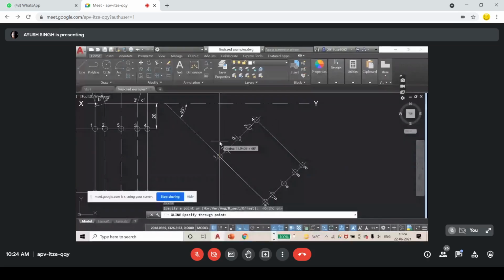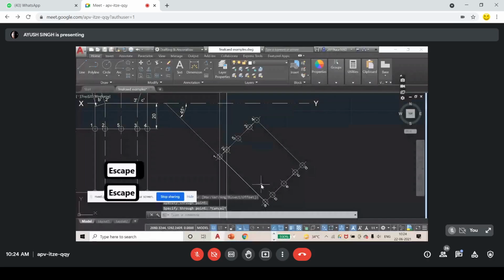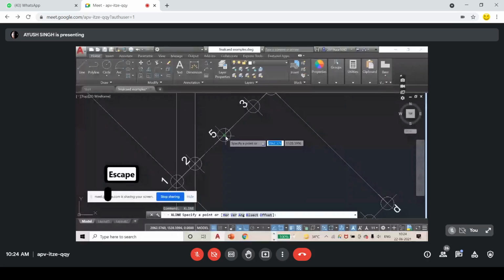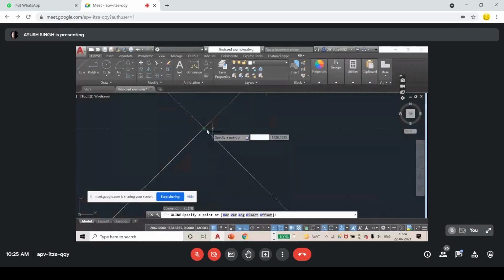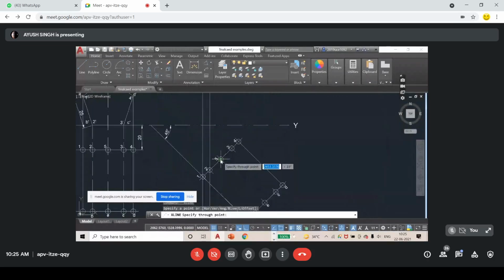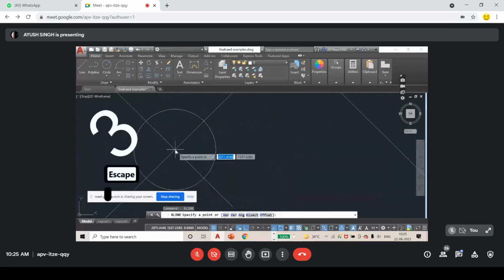Repeat previous command. Two. You can see here when I was doing this, it was showing me midpoint, and you have to select this circle one. Yes. So be careful, or you will end up with the wrong dimensions.